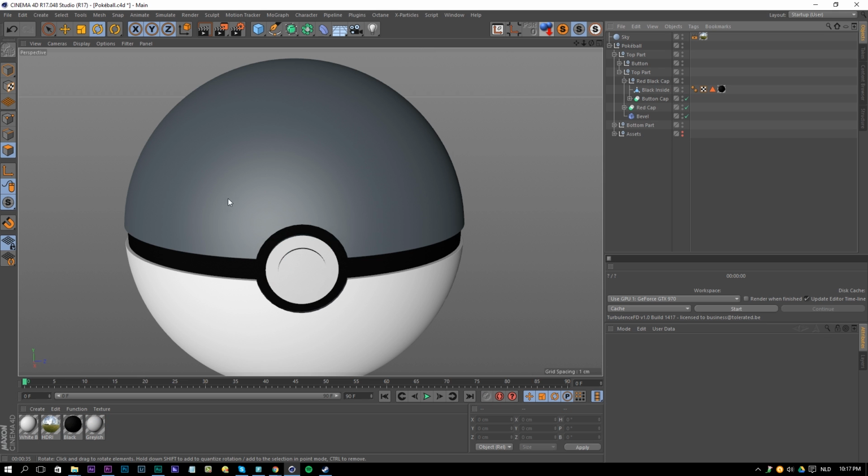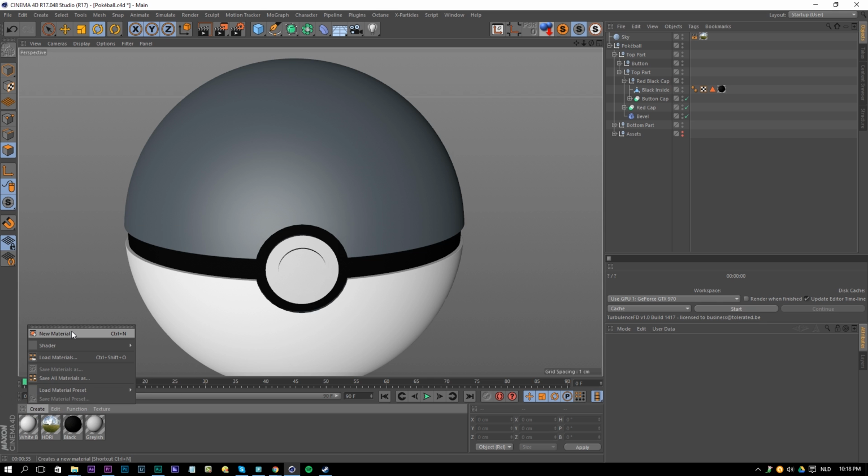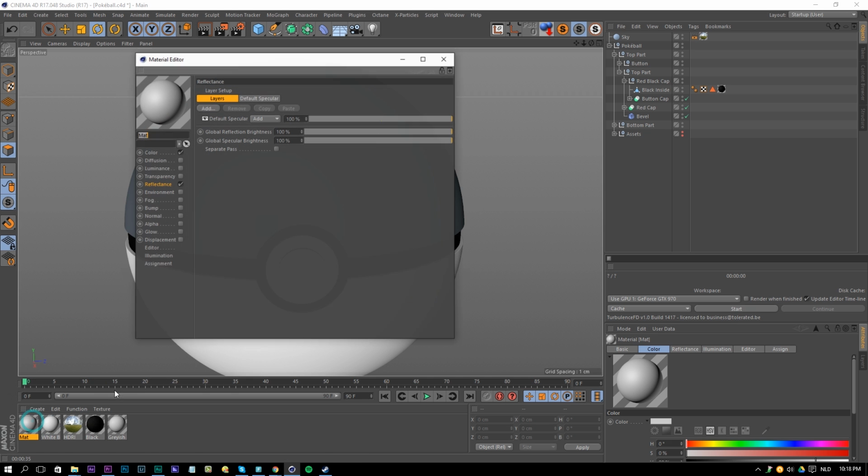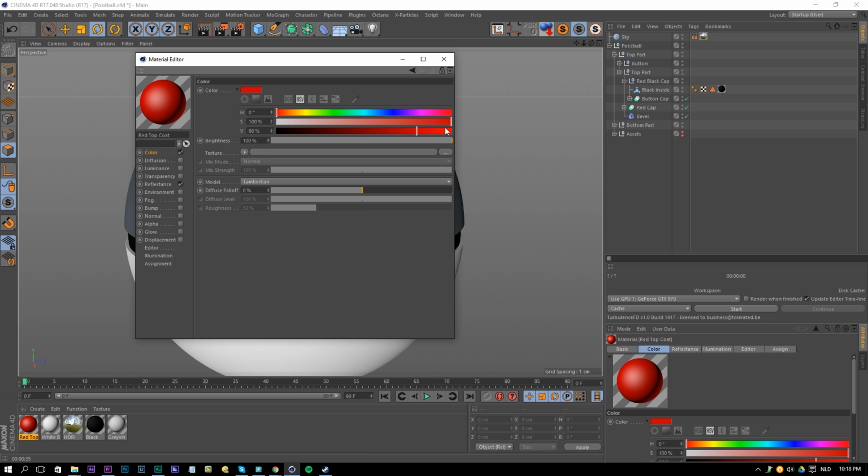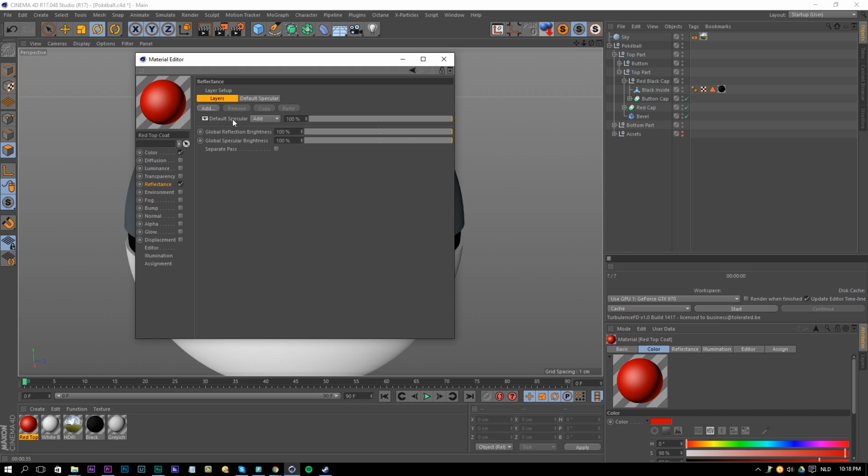Okay, and now for the interesting part, the top shell, we're going to try and recreate a rich red color, a bit like a red car, like the car paint with these flakes on there, like when the sun hits the car, that you see these glittery things there. So that's a cool concept. Red top coat. And choose a red color, so go for red, a little bit less, and something like this should be fine. Go back to the reflectance channel and delete the specular.